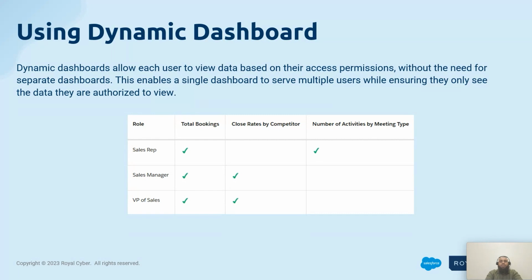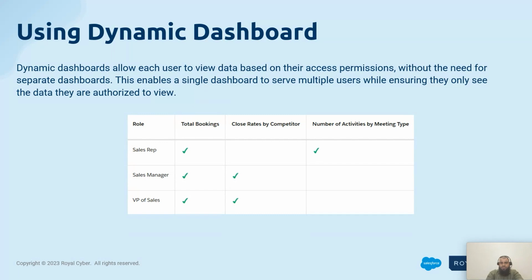Managers with the view my team dashboard or view all data permission set can set an option to preview the dashboard from the point of view of users under them in the role hierarchy. Okay. Now, to set up a dynamic dashboard, to store the dynamic dashboard and corresponding source report, create a dashboard folder and a report folder from the dashboards, reports, or analytics tab. Share these folders with the inherited audience. Okay,